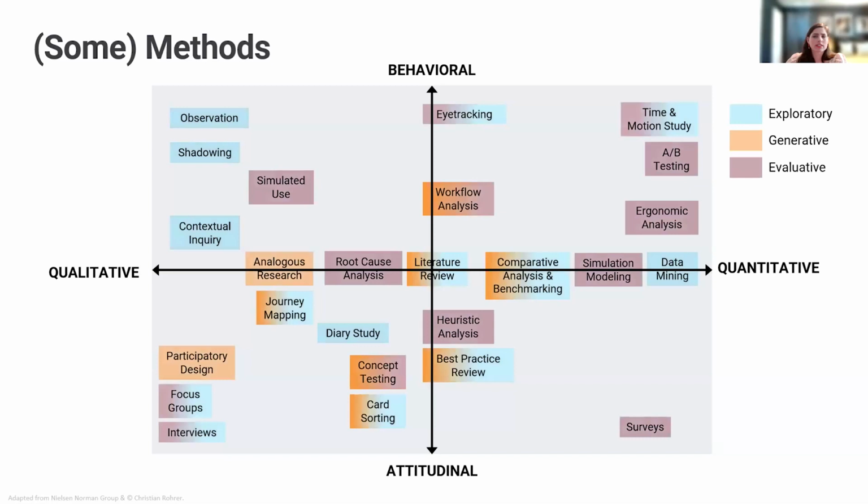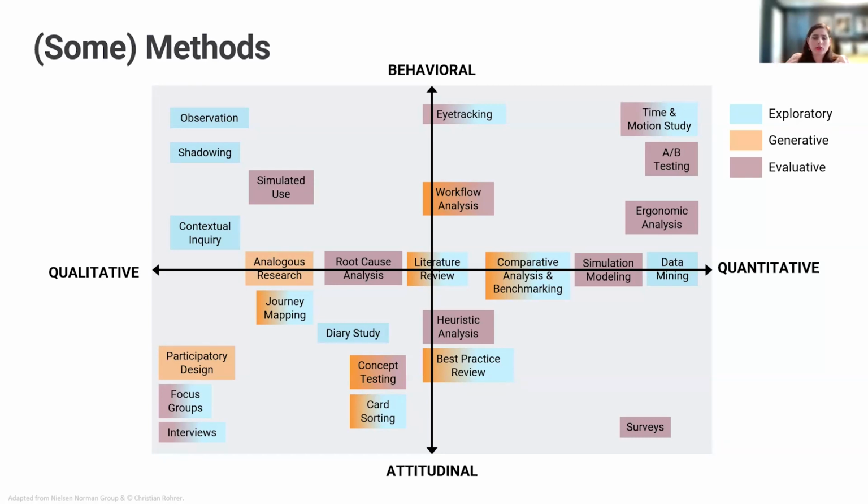So when we talk about research, it's usually done for three purposes: exploratory, generative, and evaluative. Exploratory is when you're in this fuzzy state where you don't quite know what's going on, so you really need to go broad in order to get a sense of what's happening in the current state. Generative is looking at methods that can help you to produce specific ideas of ways that you can meet some of those needs that you found in the exploratory methods.